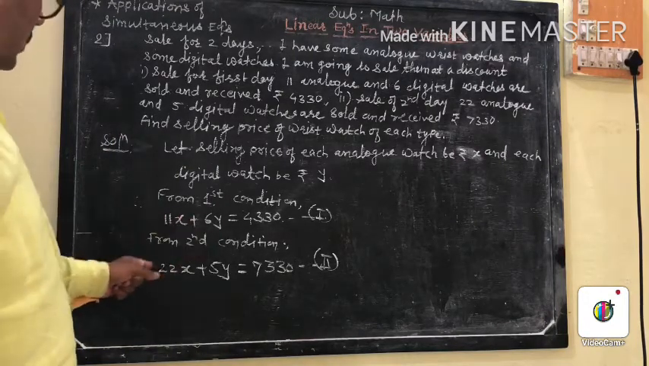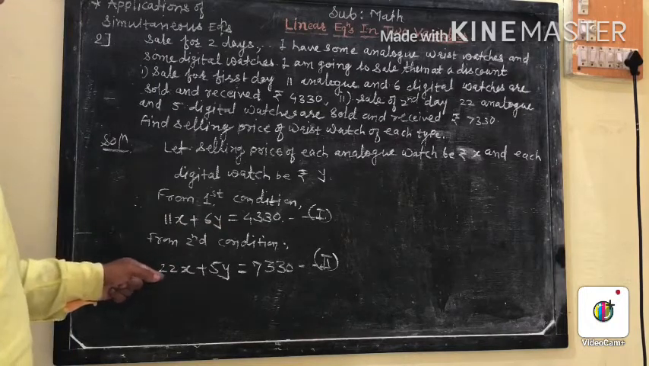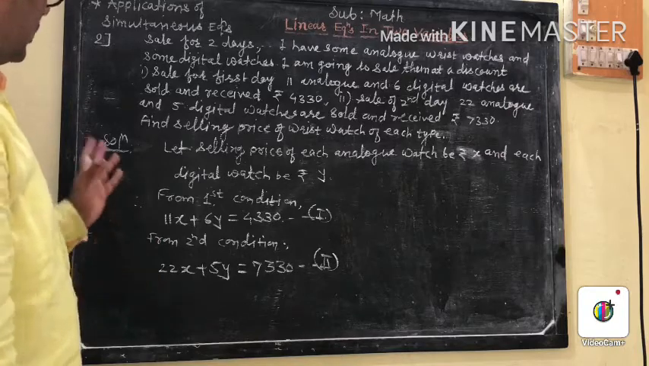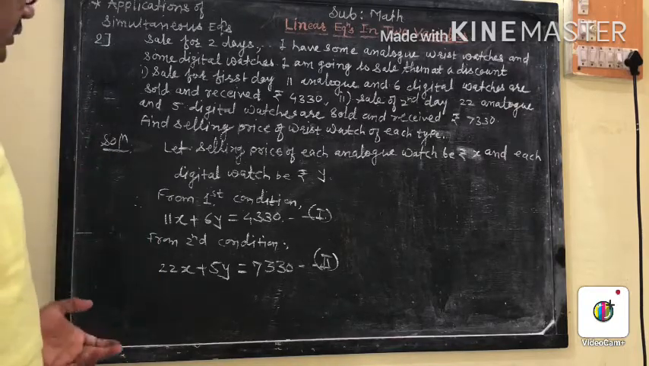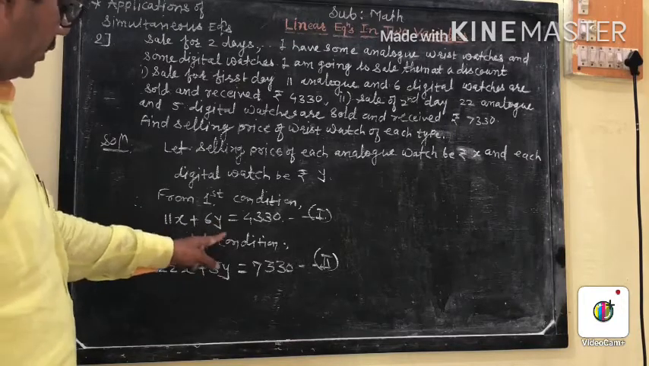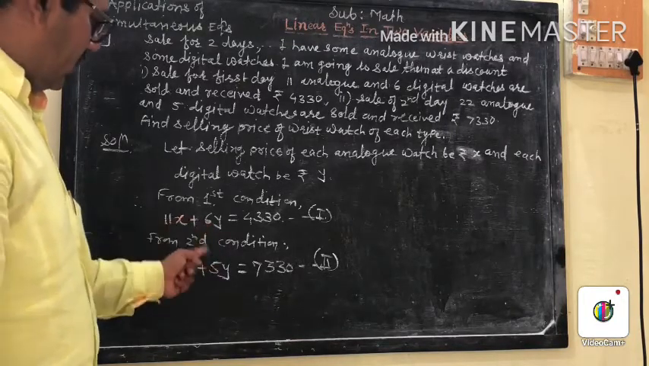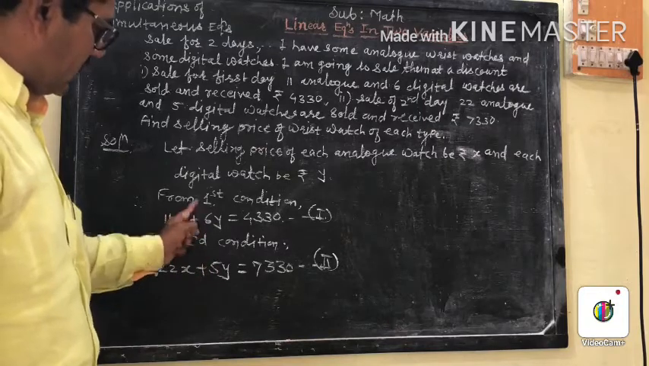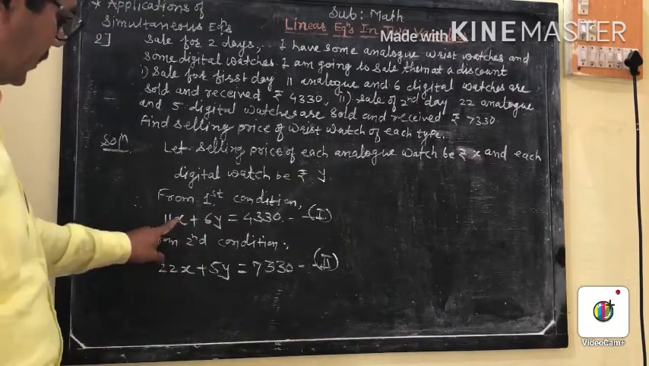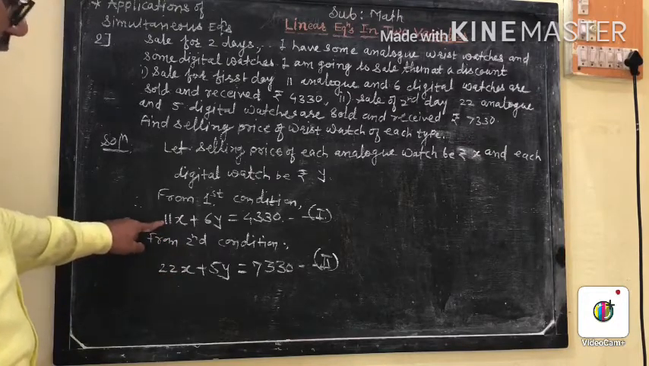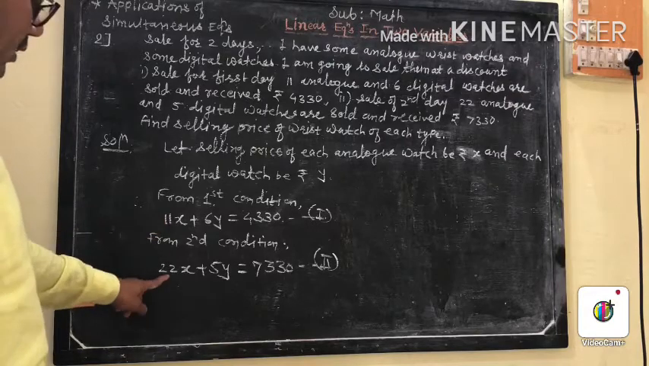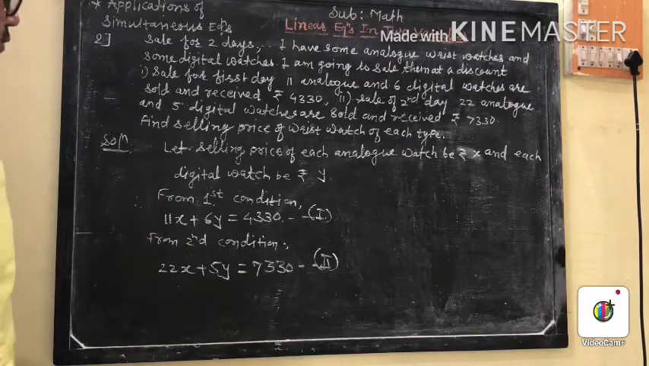We have to solve simultaneously, making the coefficient of one of the variables the same and eliminating it by adding or subtracting. Now if you eliminate y, we have to multiply this equation by 5 and that equation by 6, or if we eliminate x, we multiply 11 by 2 and you get 22, and here is also 22. Therefore, multiplying equation 1 by 2,